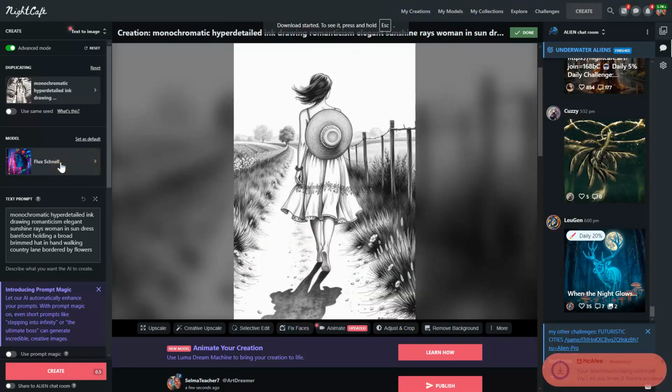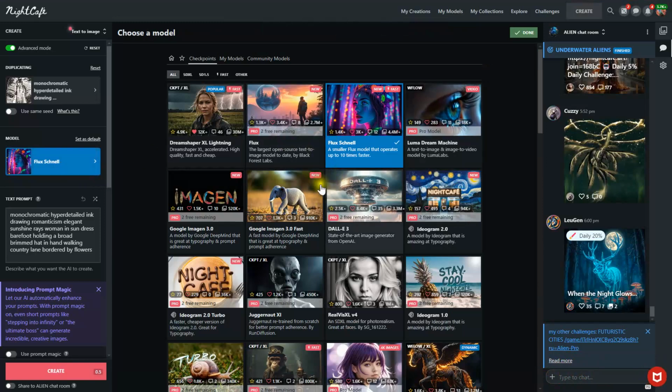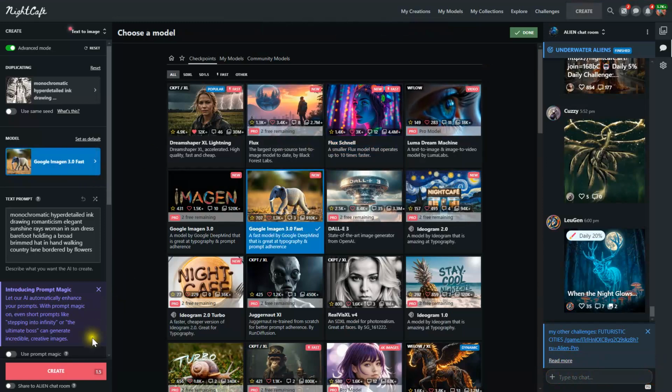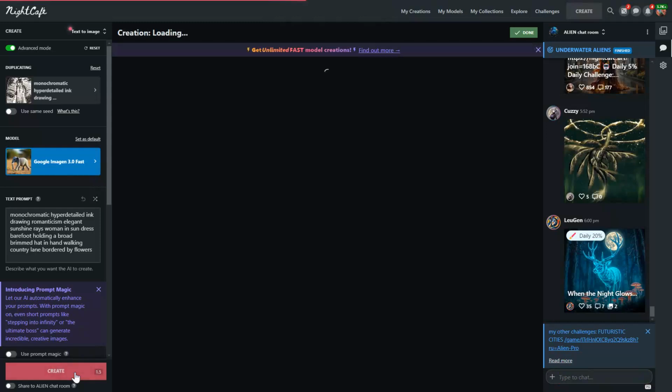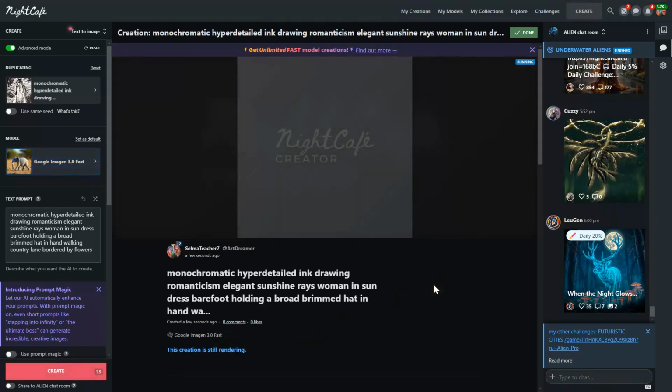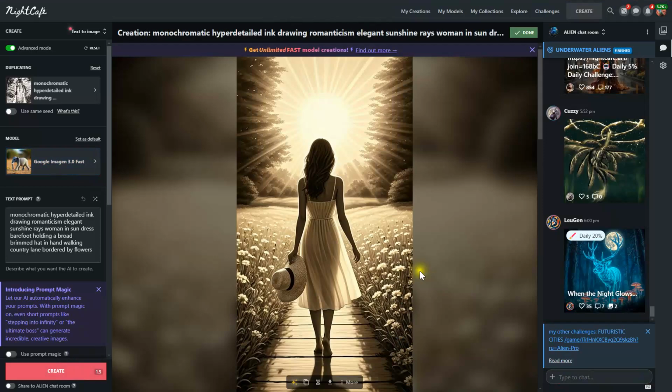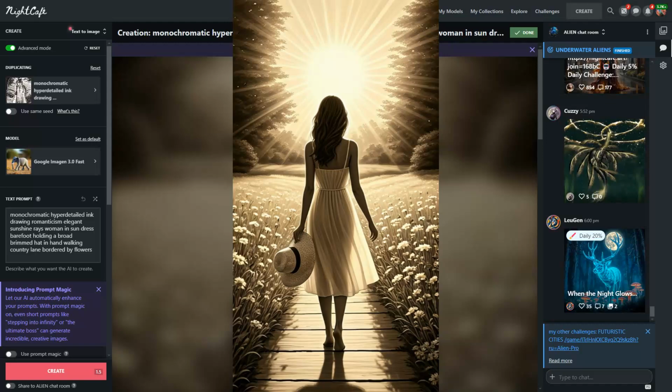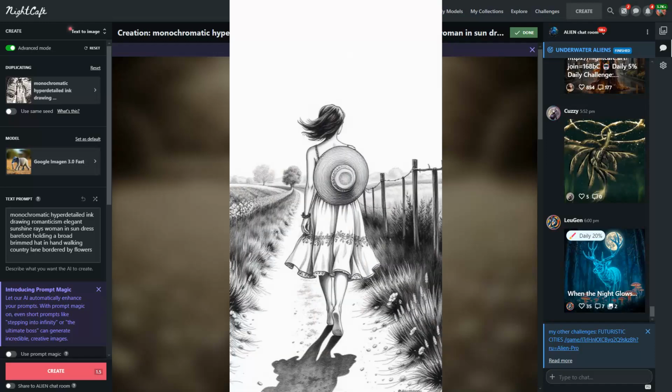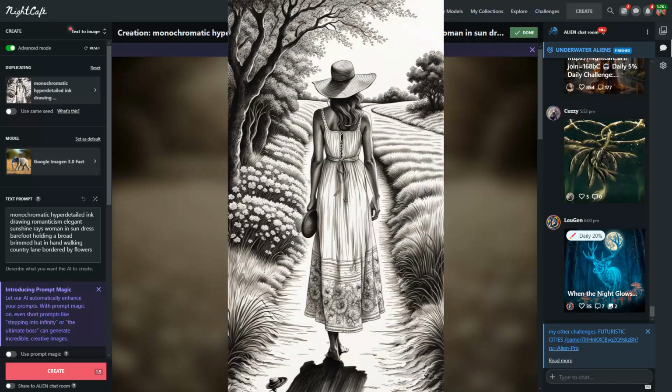Let's go back to the models here and let's use Google Imagen and see what it makes now. A beautiful image here. Look how the light is shining through her skirt, her sundress. That's wonderful. And now I will take the images and we can compare all of them from the different models.